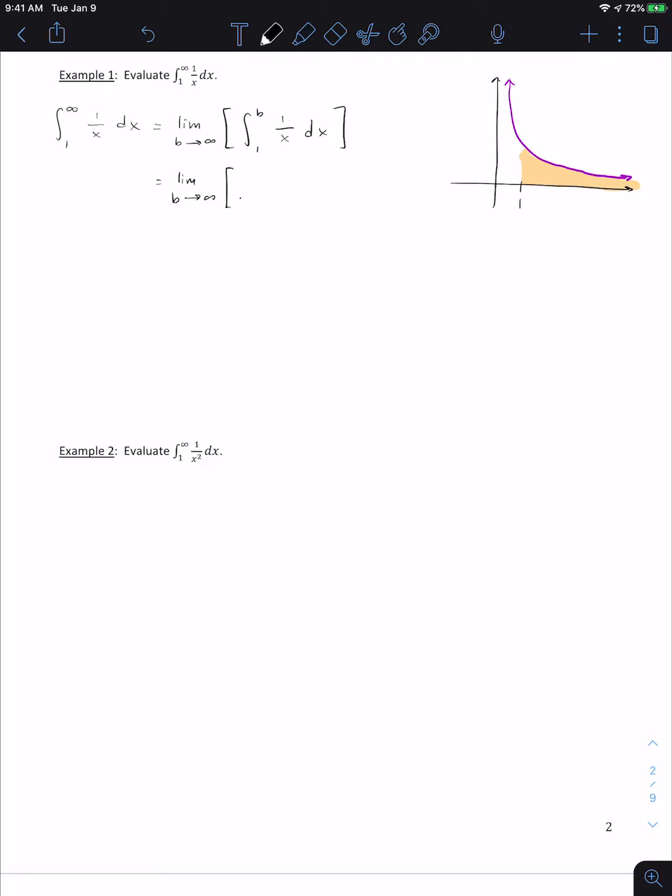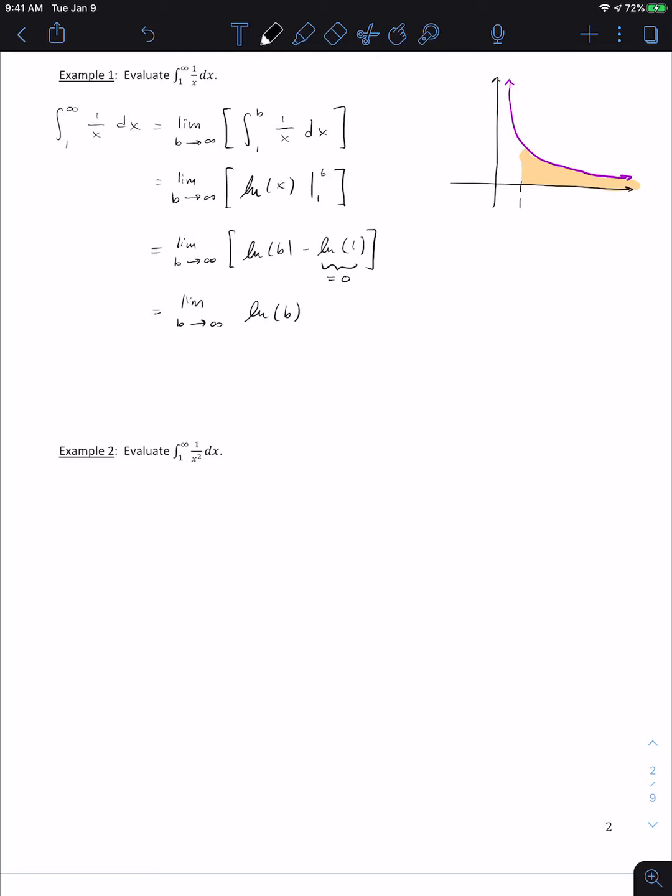So the integral of 1 over x is ln of x. I'm going to evaluate that from 1 to b. Again, b is just a variable. So the limit as b goes to infinity, and I get ln of b minus ln of 1. Ln of 1 is 0, so I get the limit as b goes to infinity of ln of b, and